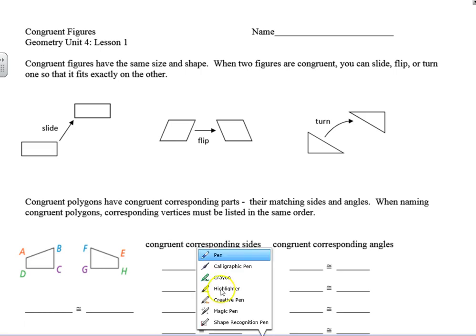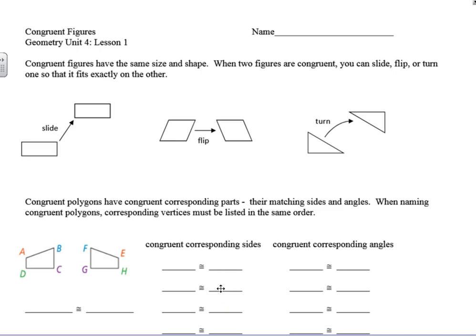Unit 4 is all about answering this big question of how do we prove things congruent. We're going to follow a process throughout this unit of defining something and then looking at different pathways to prove that. So let's start off by defining what congruent figures are. You're going to see that congruent figures have the same size and shape. So when two figures are congruent, you can slide, flip, or turn one so that it fits exactly on the